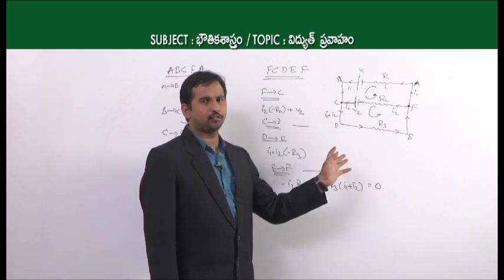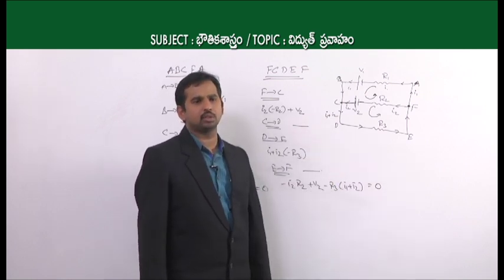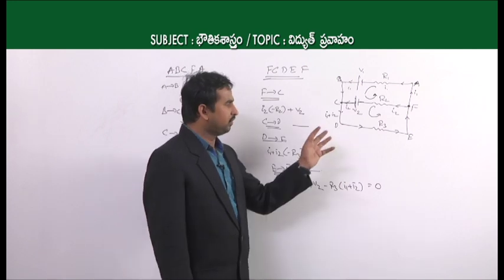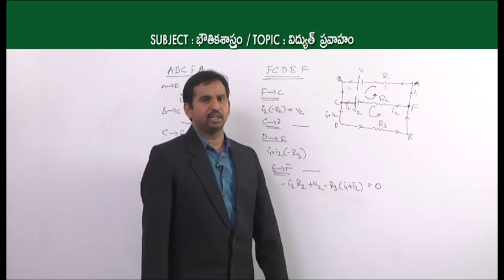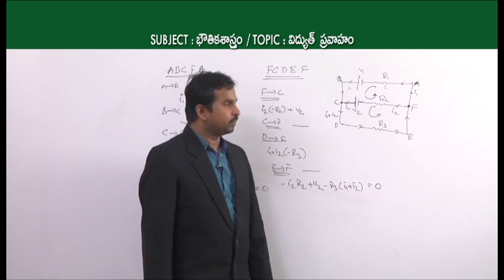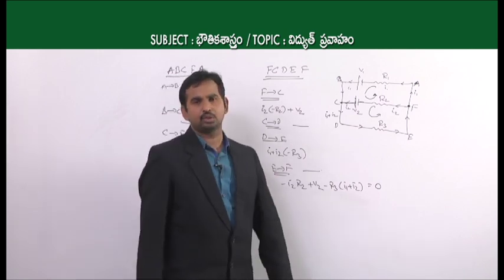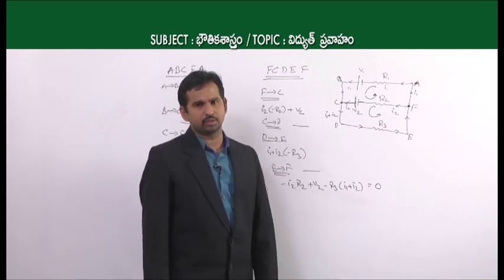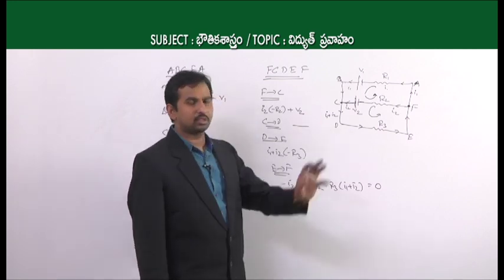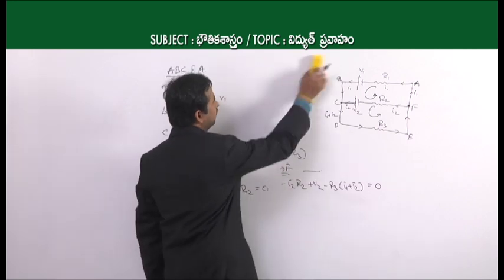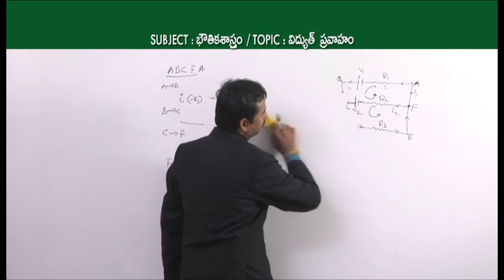And when you are going from positive to negative, which is from high potential to low potential, we always have to take that as a negative. So that is about Kirchhoff's second law, which is the voltage law. And if you are applying it to numerical examples, if you want to apply